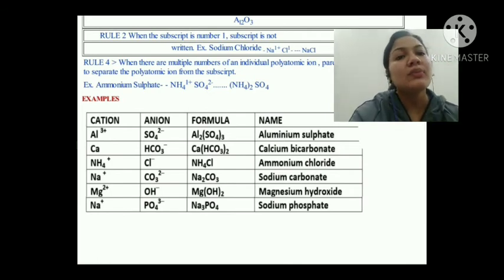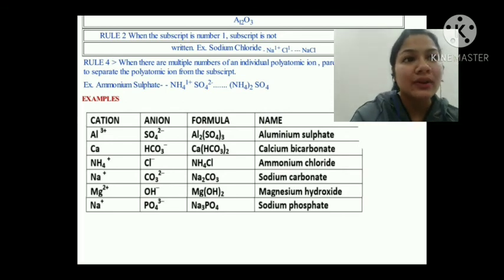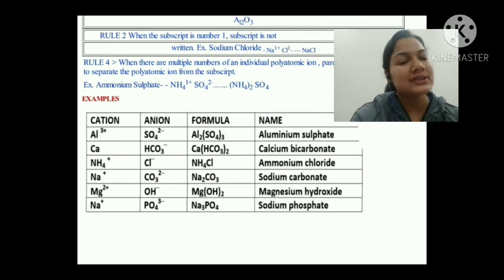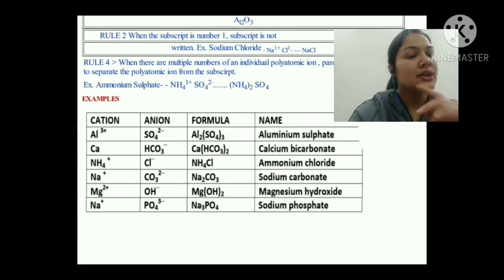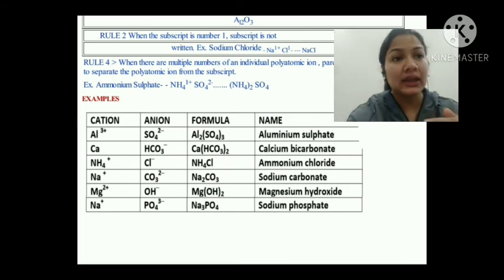Same with NaPO4, which is called phosphate ion. Okay, so cross multiply Na plus 3, Na3, because PO4, phosphate ion, is having -3 valency. It will go with Na. Na is one element only, that is sodium. Okay, and PO4 will not have anything because Na is having one valency only. So this is how you can make formulas.